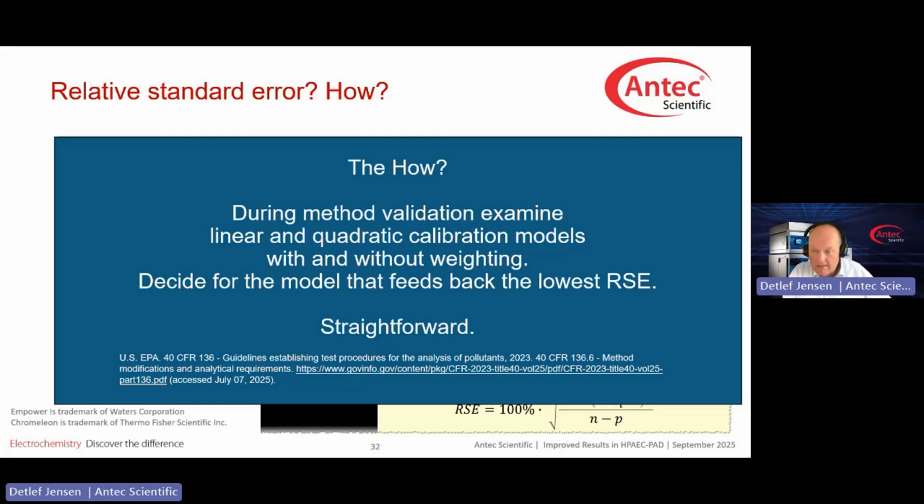So 1 over x or 1 over x squared, 1 over amount, 1 over amount squared. And you apply that to your calibration data set. And all you then do is you choose the one with the lowest RSE. That's it. It's straightforward. Of course, depending on your SOP and quality assurance or quality control program, you will need